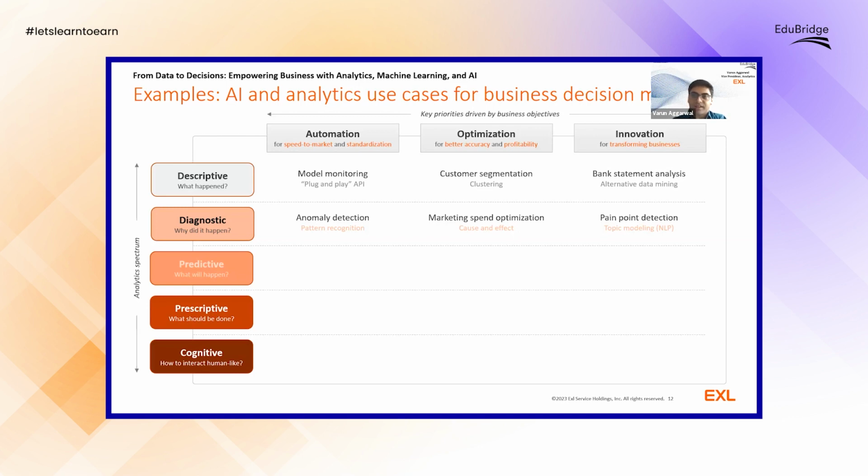But how to do that? There are going to be call scripts, there are going to be audio recordings. So they're going to be unstructured data. There's a concept of topic modeling using NLP. Based on the keywords, and obviously a lot of analysis needs to be done in cleaning up the data through NLP techniques. But basis those keywords and topics, we should be able to understand the key reasons, or the top reasons, for pain points of customers. So that also is one of the areas where AI analytics can be applied to help businesses.